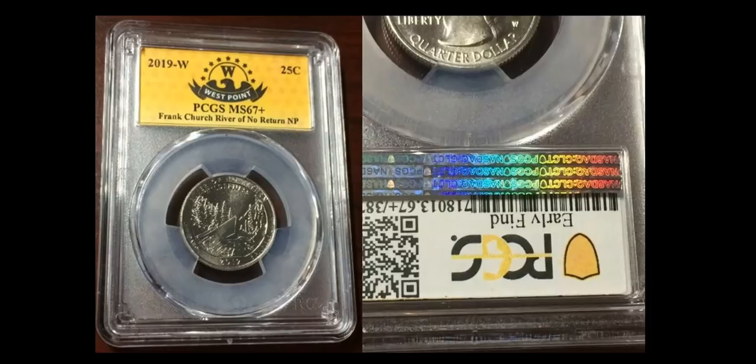So it's not a first discovery. It's not a first week of discovery. This one is what they call an early find. I believe throughout the first 8 weeks, you could send this to PCGS to get graded and authenticated. This one is a high grade, however. It's a PCGS Mint State 67 Plus early find, and it is also a Pop 1. It's the only one of the highest grade of this type for this particular national park, and it's a tremendous coin. This one right here sold for